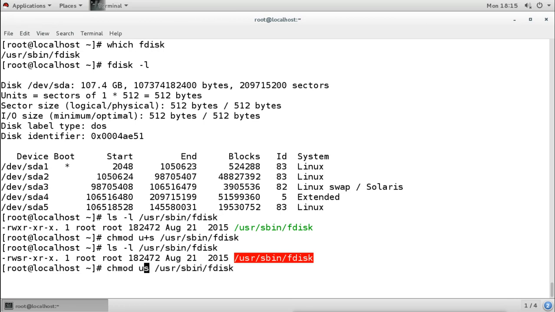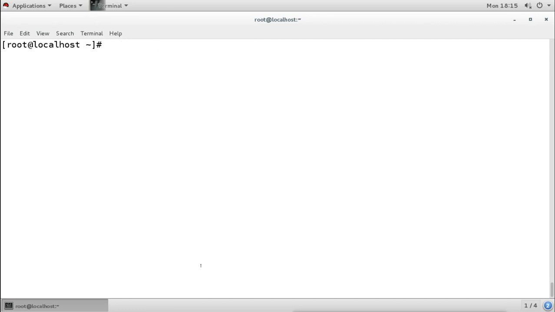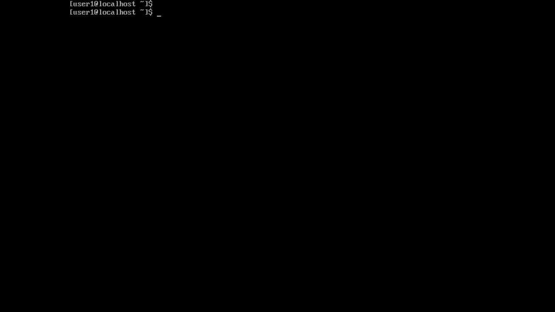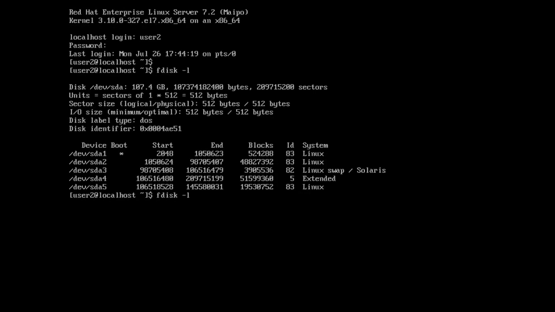So if we want to give normal users the privilege to execute the root user's command, this is not the way to set the UID. Now they still can run it, but they cannot get the output because we have removed the SUID.